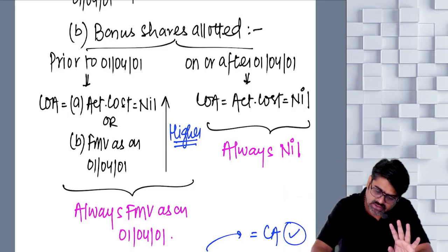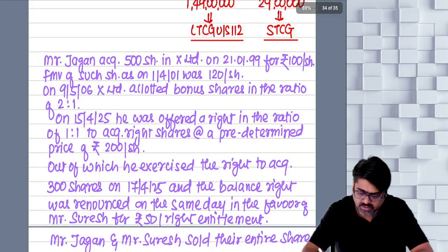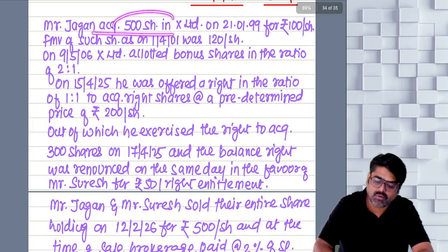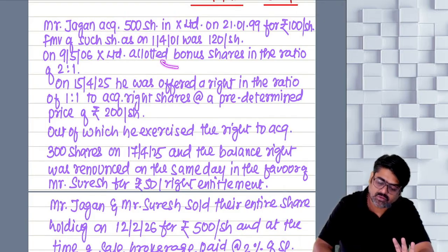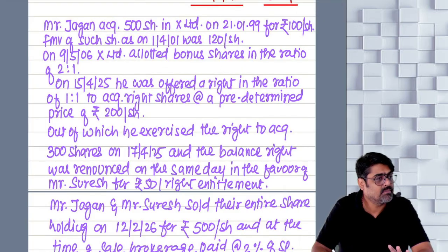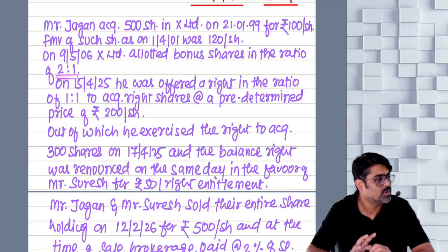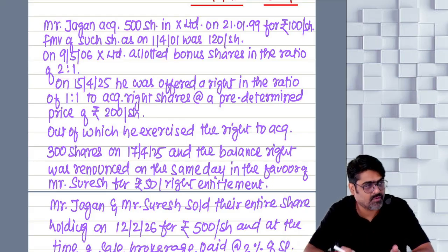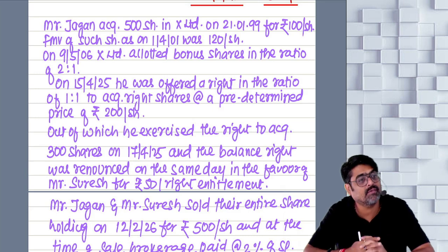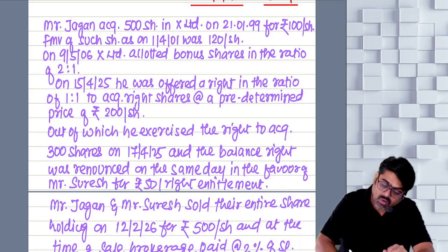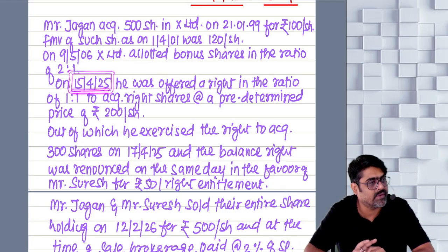In this question, you have bought 500 shares, and you are having bonus in the ratio of 2:1, meaning 250 bonus shares. So now total shares you are having is 750. Now on 15th of April 2025,